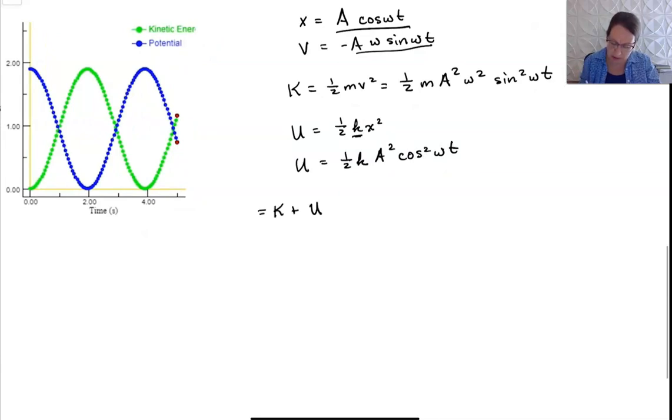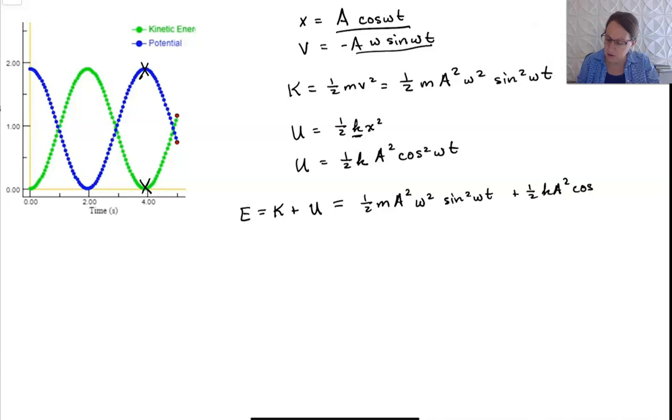but notice when I add these together, kinetic plus potential energy, you can kind of guess it looks like when this is high, potential energy is high, kinetic energy is low, and they add together to give me a constant value, but you can actually see it mathematically. So we've got 1/2 m a squared omega squared sine squared omega t plus 1/2 k a